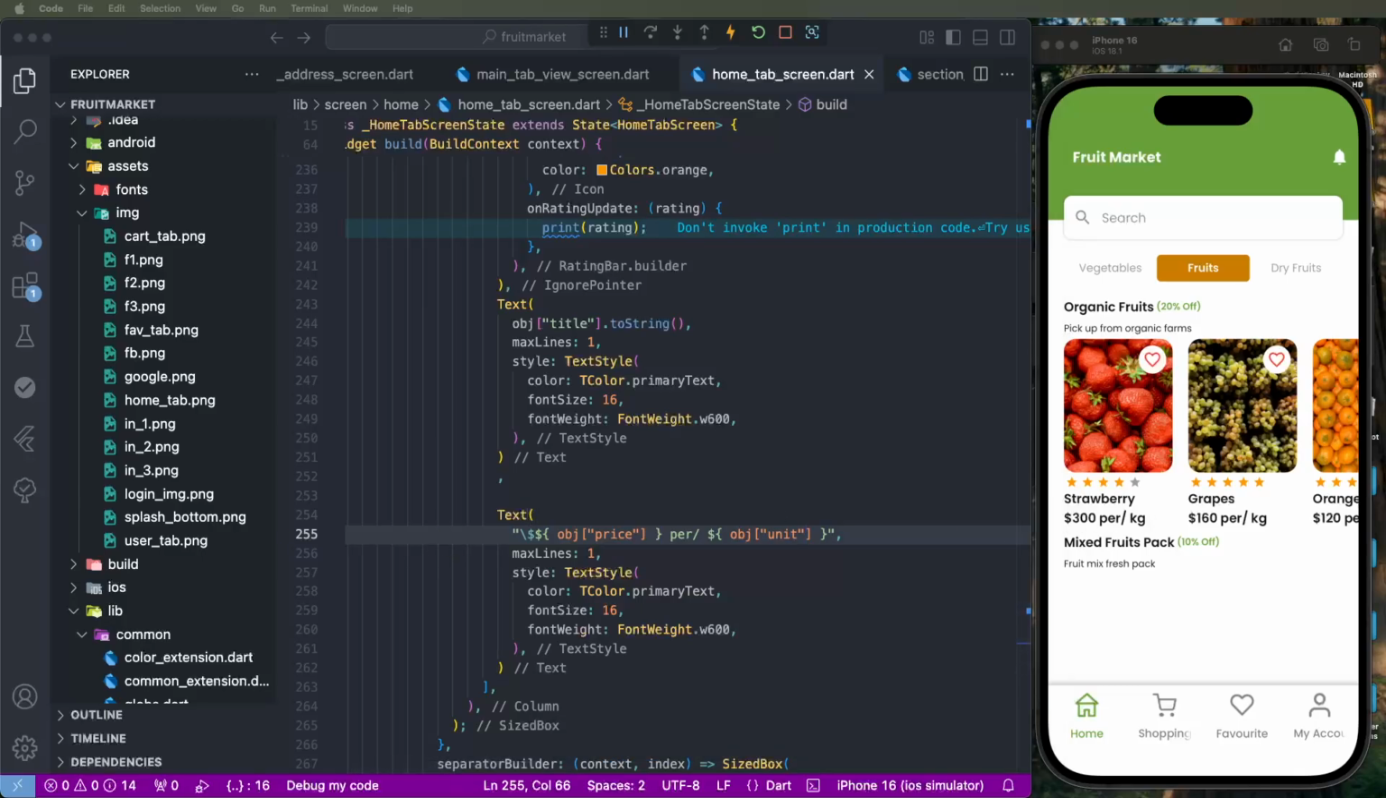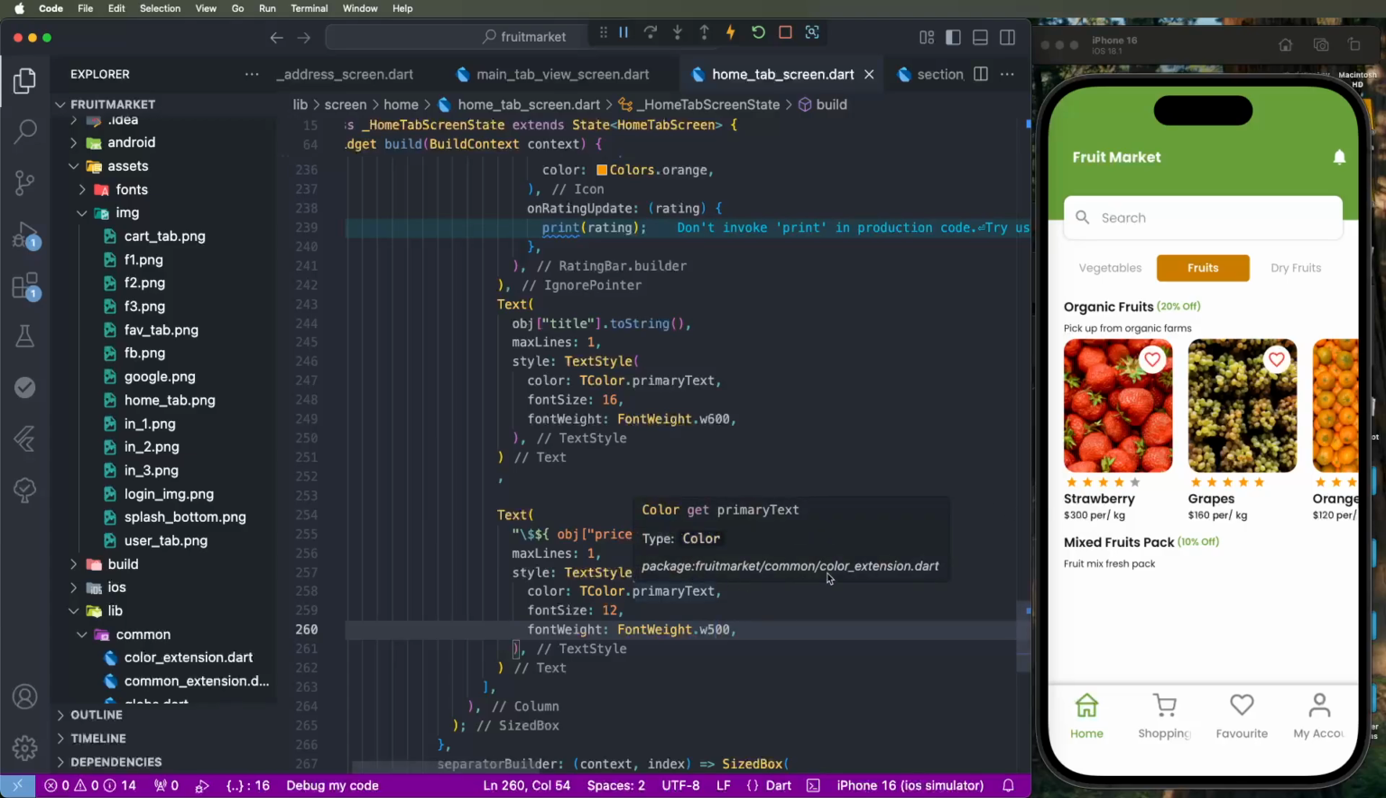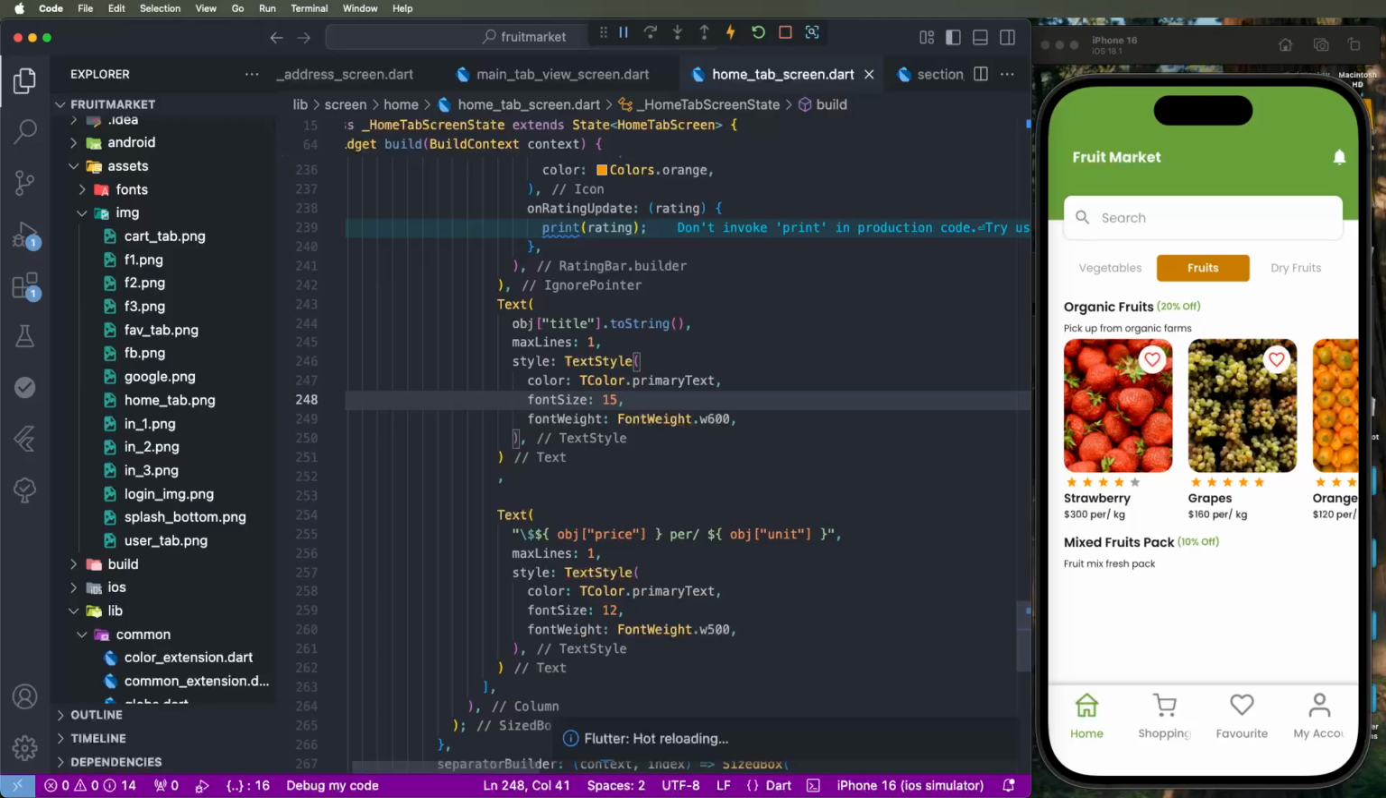Now we need to set the font, L, medium means 500, and show like this UI, and need to set this data here. Similar to designs, we need to show this data. Maybe need to set 15 font size, and similar to designs we need to show this data,